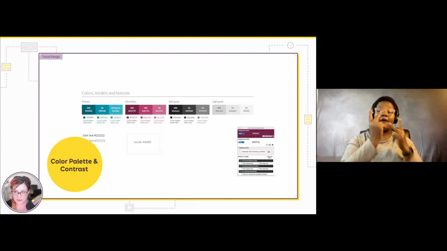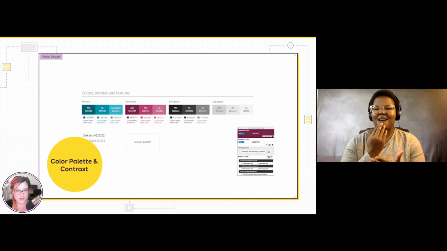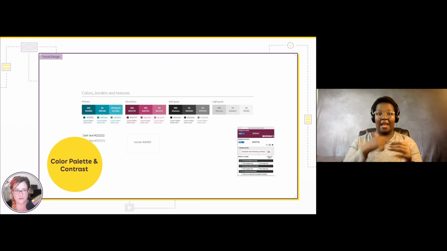Often when we talk about accessibility to designers, the first thing that comes to mind is color palettes. It's like making sure our color palette is accessible. So what I used to do a little bit, when I had fewer colors and less complex projects, I would document the color palette. Here I have a blue, purple, and a lot of different shades of gray.